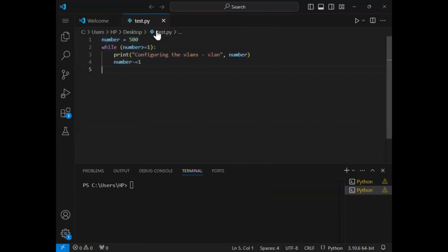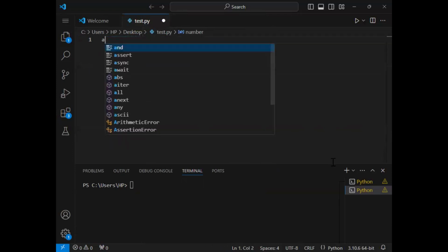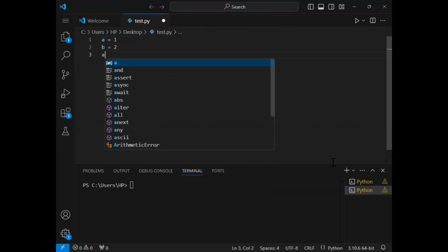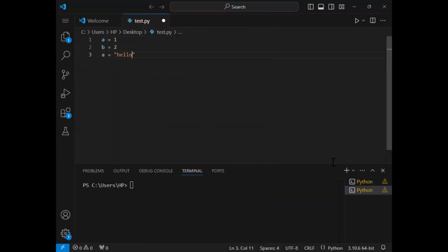Again, I'm double clicking on this. Here you can see this is a test.py program which I wrote earlier. But the same thing, if I need to show you: a equal to 1, b equal to 2, c equal to, I am just using hello. In the hello, I wrote the code one time, and the second time this code came automatically. Let me show you.